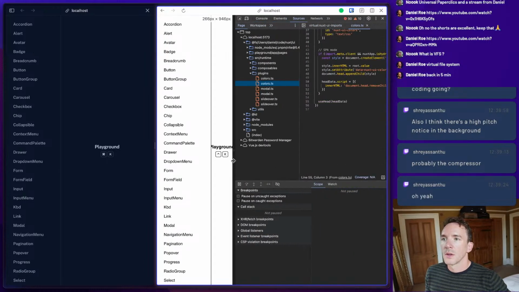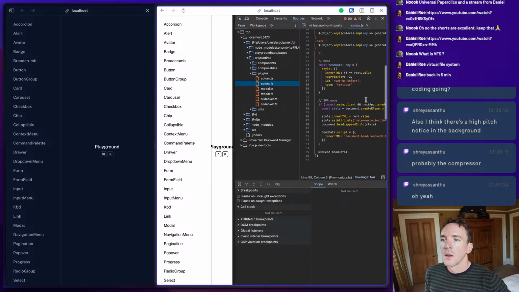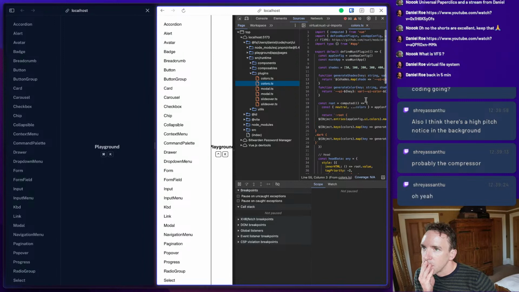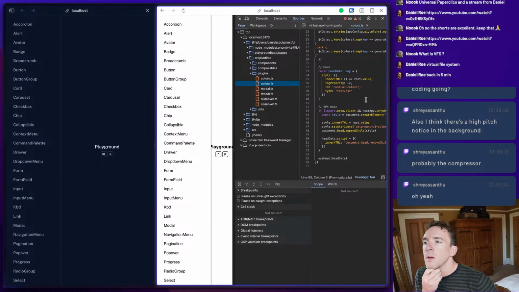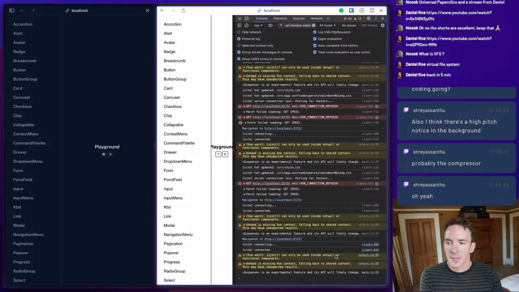What is the... This is weird. So it's saying that inject can only be used inside setup.